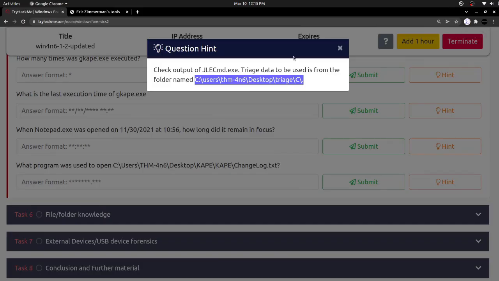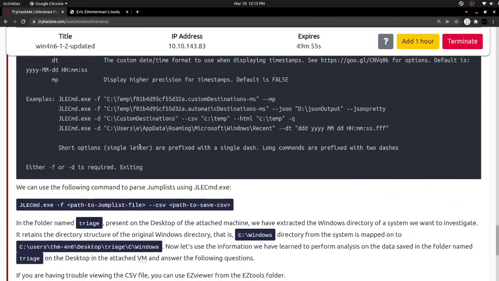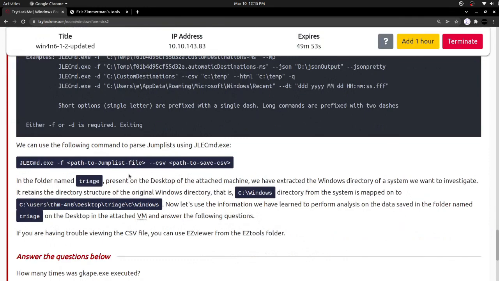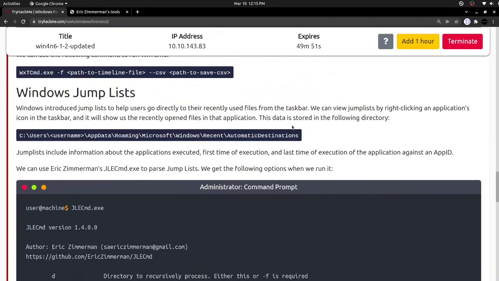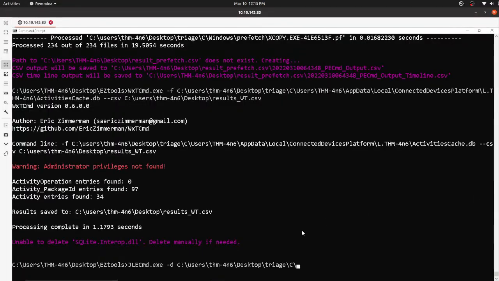Now let's see the jump list location. So this is the jump list location: user, username, app data, roaming, Microsoft Windows, recent, automatic destinations. All right, now let's move into that.